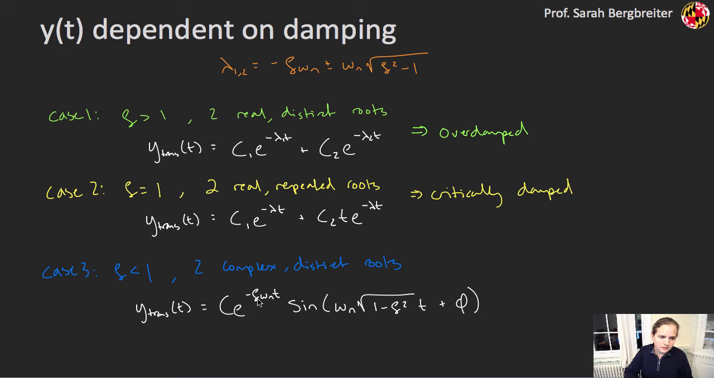So I have some constant. My decay rate is based on that damping ratio and natural frequency, and that is multiplying a sinusoid with a frequency at omega n square root of 1 minus zeta squared, which we actually call the damped frequency. So omega d is another name that we give for that. And in this case, we consider the system to be underdamped. We have a very small damping ratio, underdamped; damping ratio of 1, critically damped; and damping ratio greater than 1,